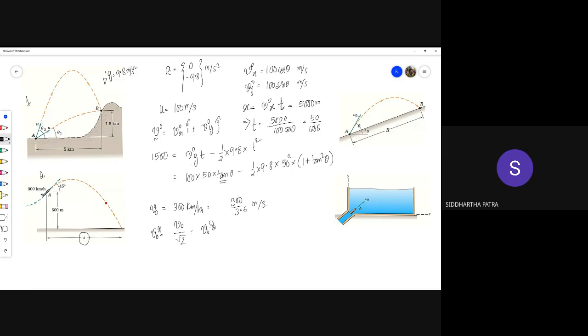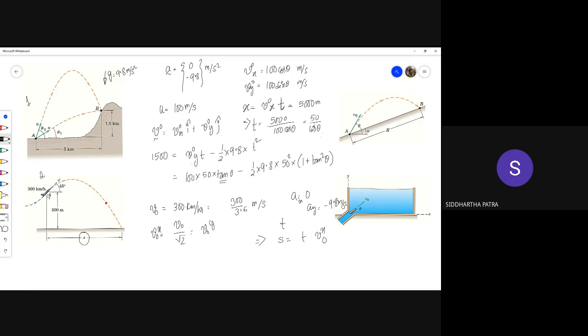That way you get the horizontal and the vertical component. And let's say t is the time taken for the package to travel that distance. So s should be t times vx0, because again the acceleration ax is 0 and ay is minus 9.8 meter per second squared. Okay, and then you have this expression.